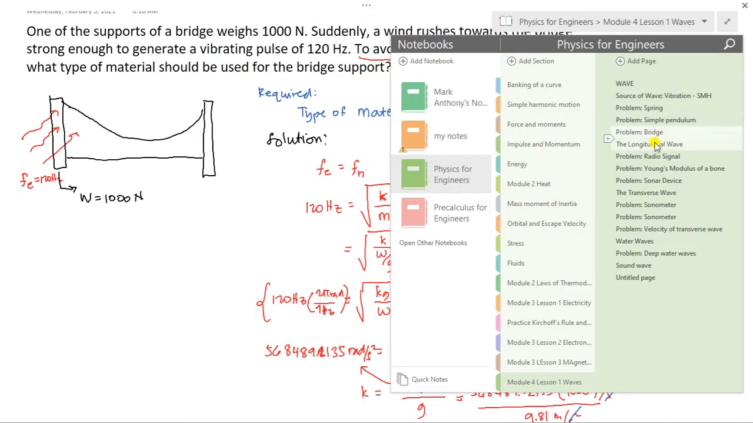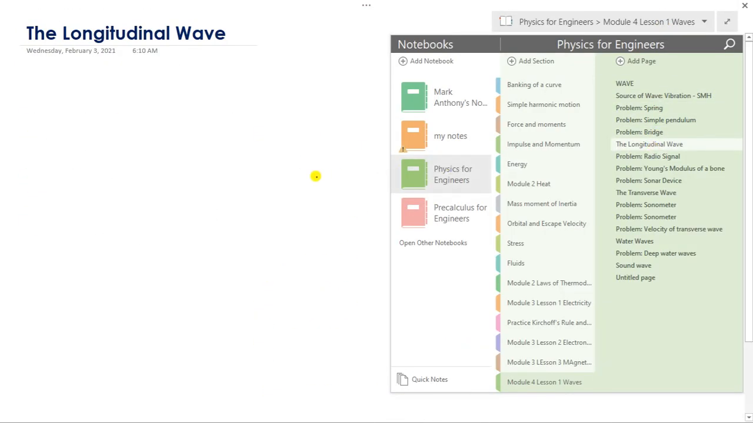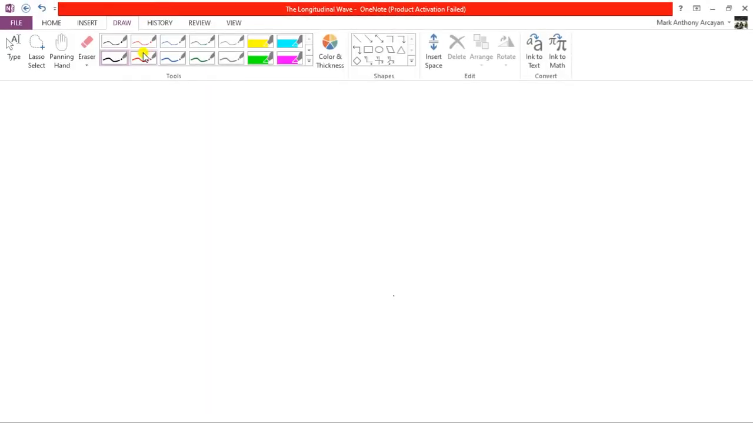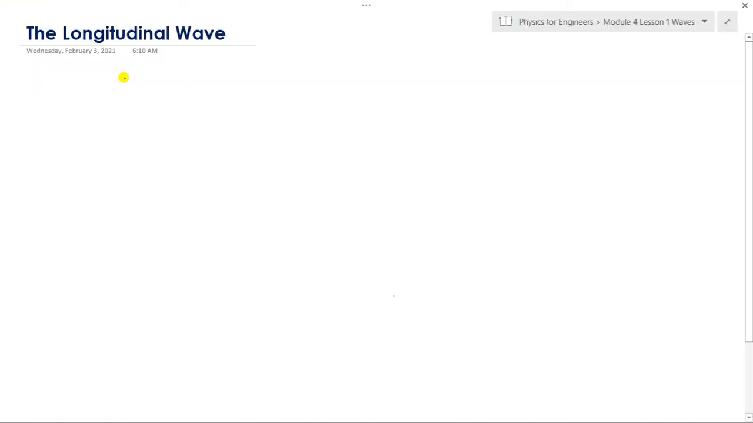Okay, so let's proceed to the next. We will now quantify what is called the longitudinal wave. Recall the longitudinal wave: these are waves whose elements are parallel to the direction of the wave. An example of longitudinal waves is sound. Okay, so again, recall the basic